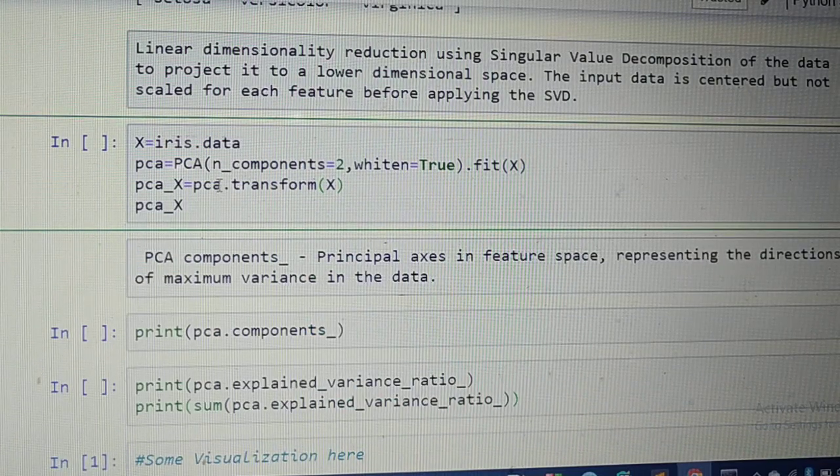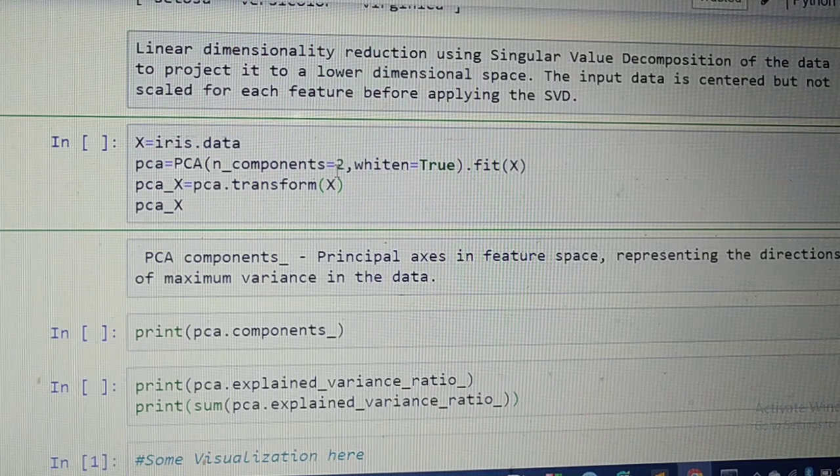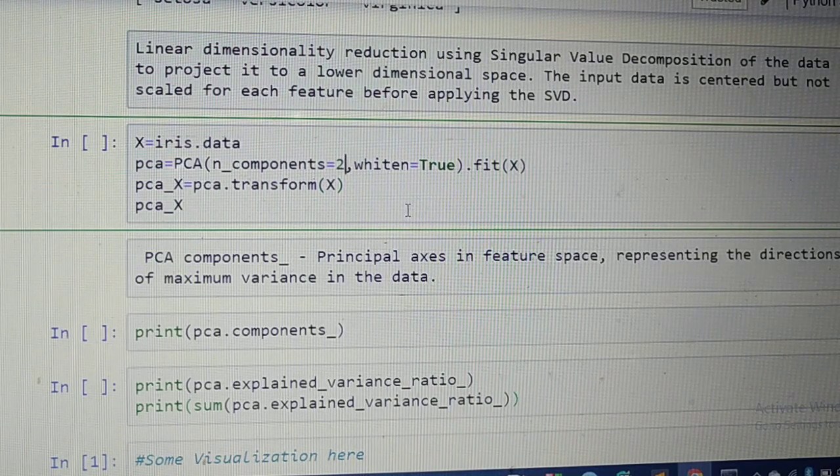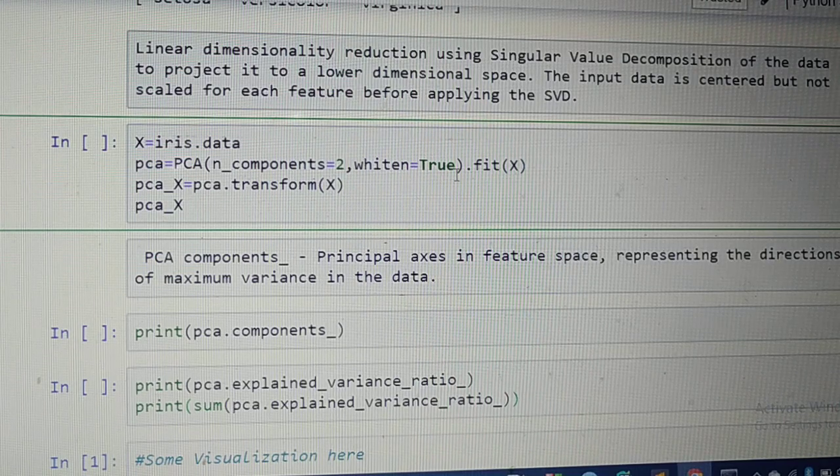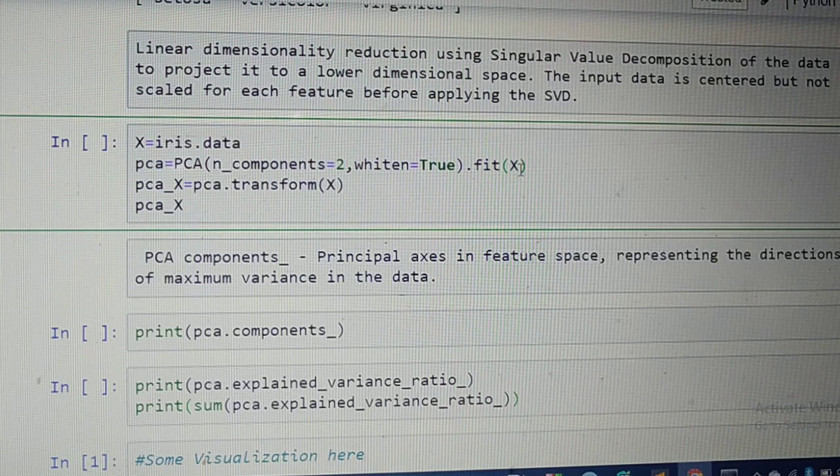What we are doing is taking n components equal to 2. That means out of 4 components we will take 2. If you are not mentioning the number of components, it will take all the components by default. Then whiten equal to True, so that your prediction will be better in the estimate. Then dot fit X, so we are going to fit our data.